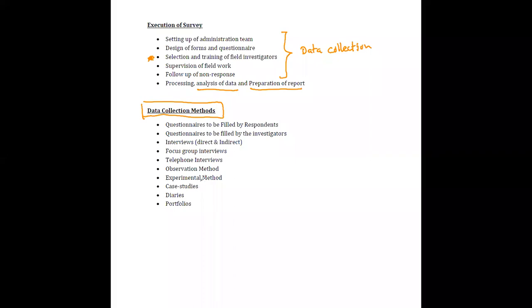Therefore, if anything has happened, or if anything is happening, then you cannot just go there and ask for questionnaires to be filled. In such situations, we have to collect data based on case studies. And for experimental methods, suppose you are performing some experiment using chemicals, then you cannot just ask someone to fill a form. They have to do the experiment and obtain the results; filling a form is not important in such a situation.